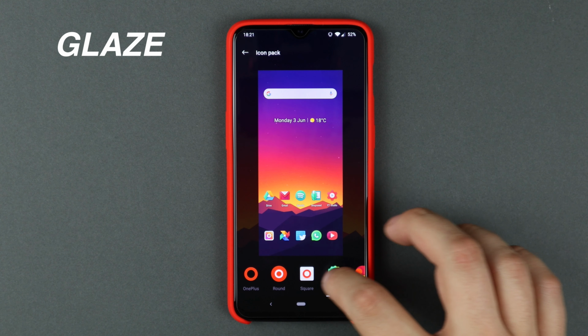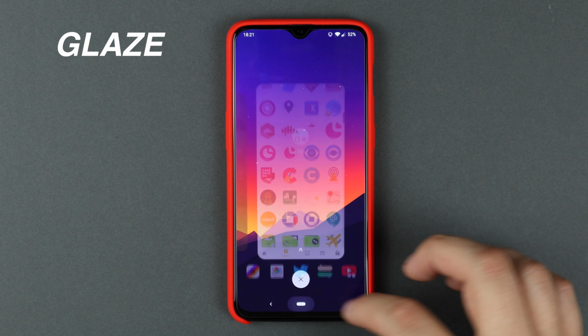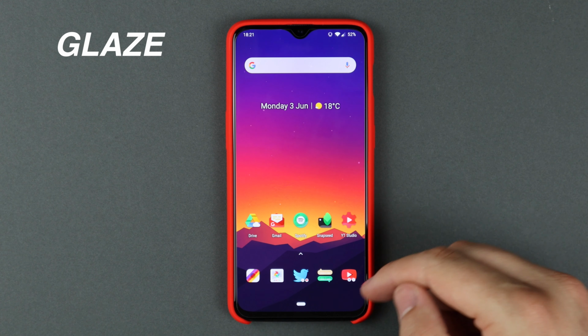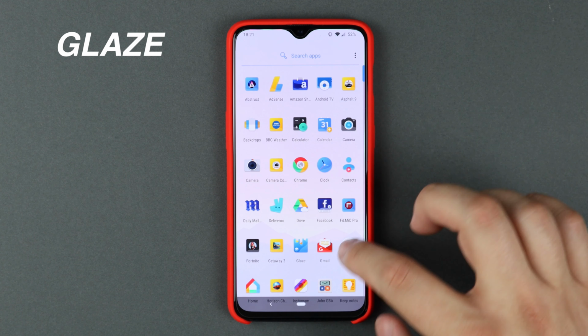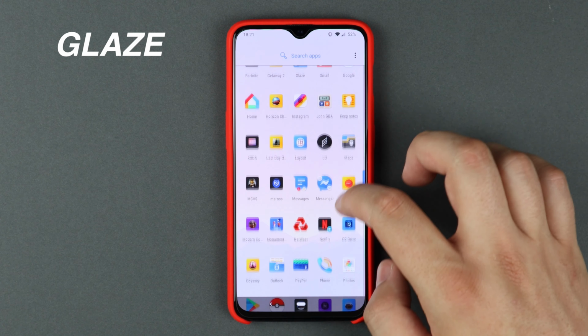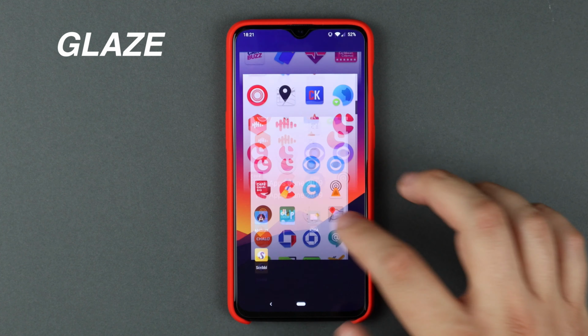So if I go into my OnePlus device here, go down to my icons, go to Glaze, and then apply them, you can see exactly how they're going to look on this home screen. Now again, we do have a nice white background with the light theme, but they're going to look good with pretty much any setup you can imagine. For me though, I would always go for a more vibrant wallpaper like the one that I'm currently using here,